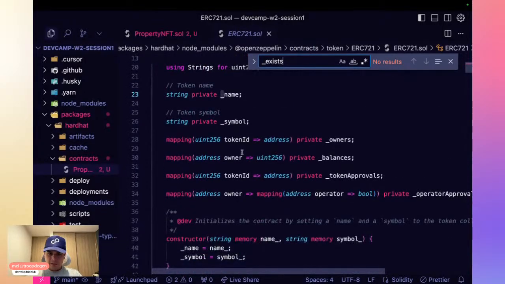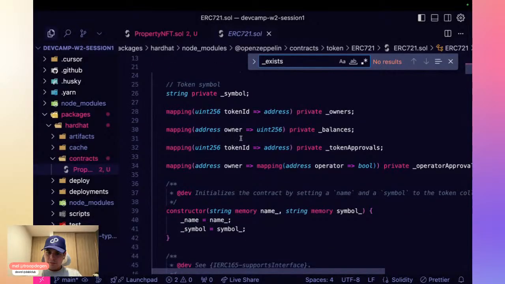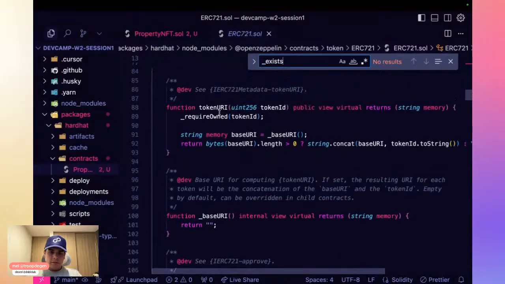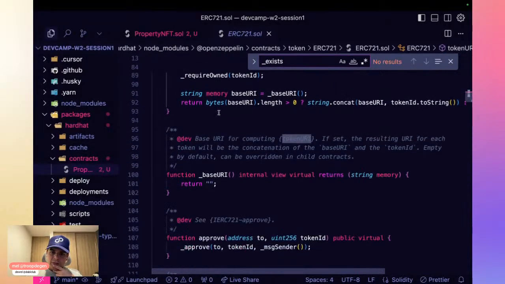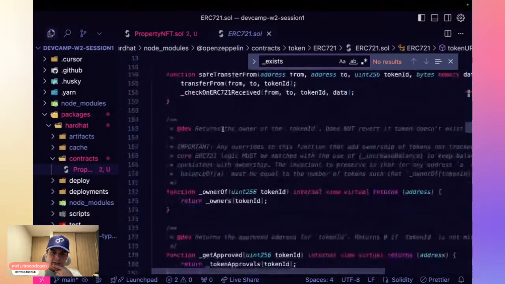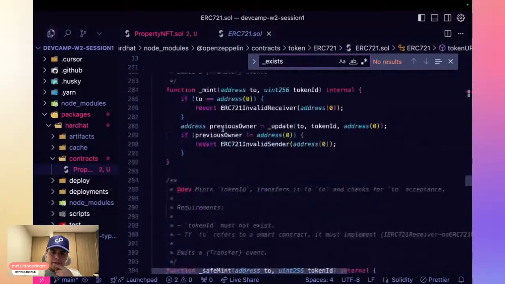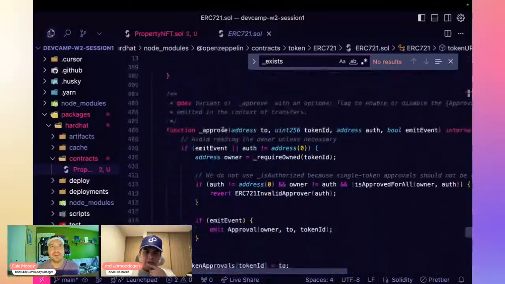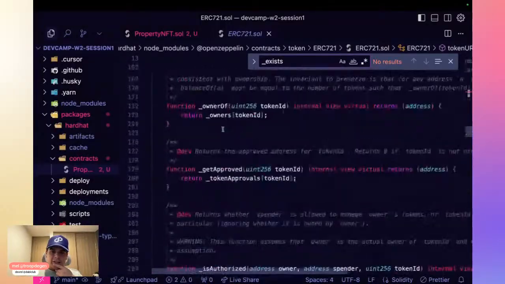So instead, let's see. Cell phone or name symbol. Actually, we don't need this now that I think of it. We already have a token URI. Just going through the docs, all the different tools in the machine. Exactly.